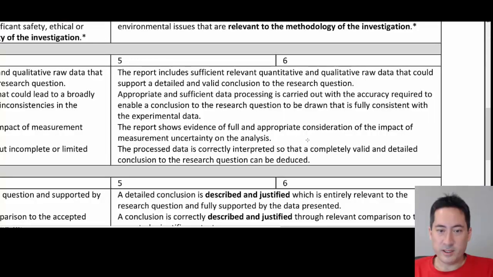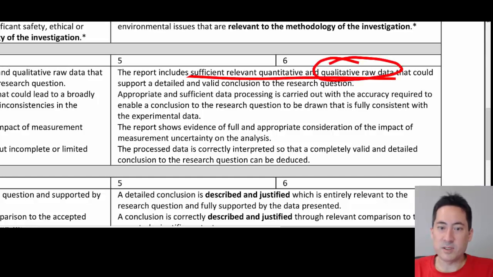So if I go here, the report concludes sufficient and relevant quantitative and qualitative raw data. I have a template that explains and covers a lot of these bases, but quantitative data, you need data loggers. That's how the world works. Even in biology, I was out in the mountains and I saw some data loggers being set out with a little card there with a plea saying this is for PhD research, don't take it please. And I didn't take it.